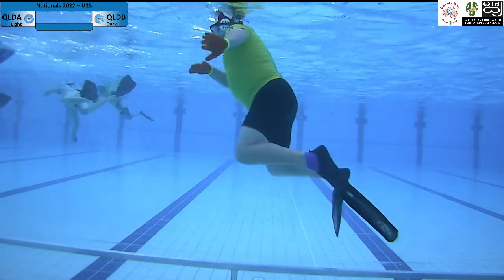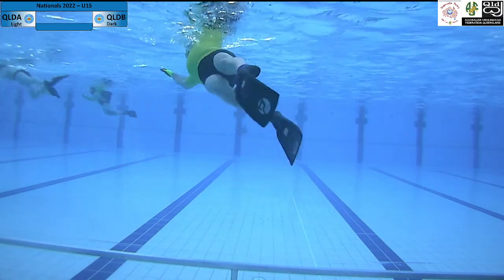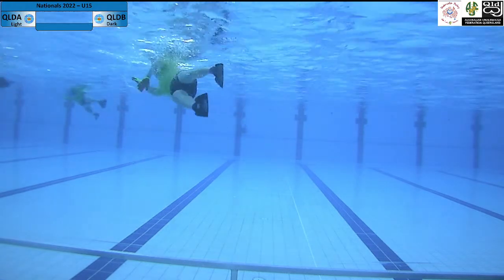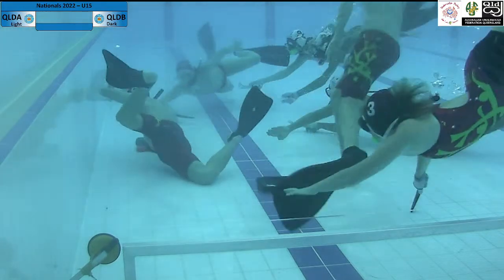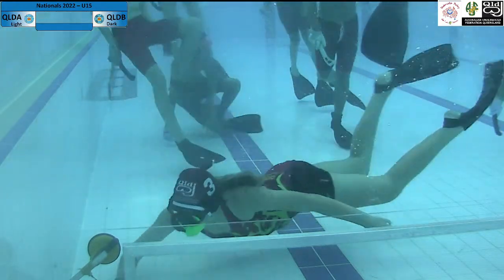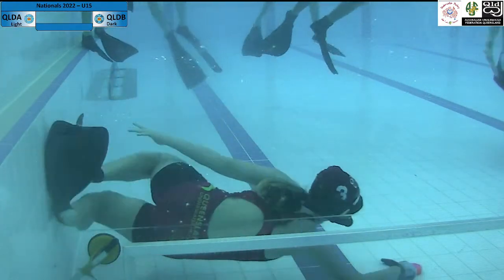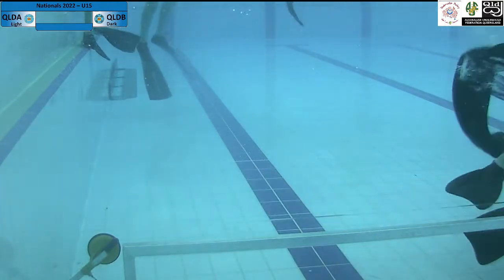There's a big blur of pixelated players fighting for the puck, just cleared there by the black team, swimming out to the right, close to the sub bench, get some fresh subs in, even though they just had a timeout. And again, the puck's just in that blind spot at the moment, but Queensland A putting a lot of good pressure on.